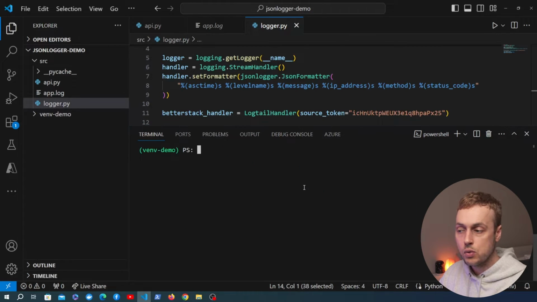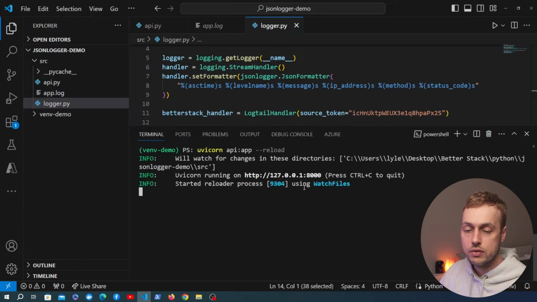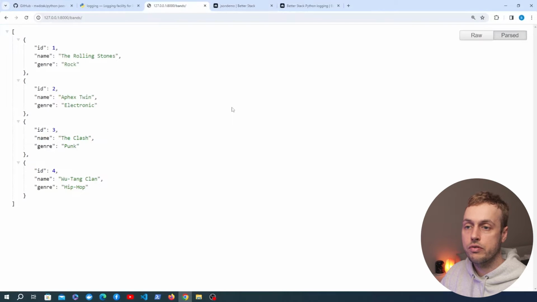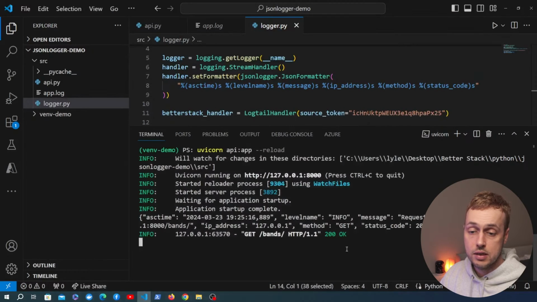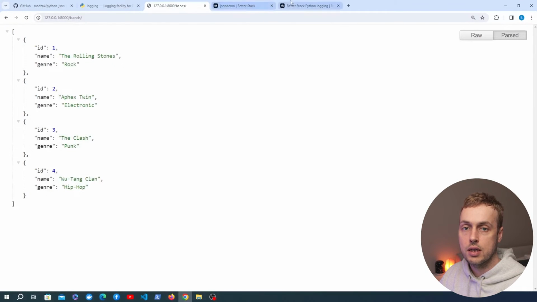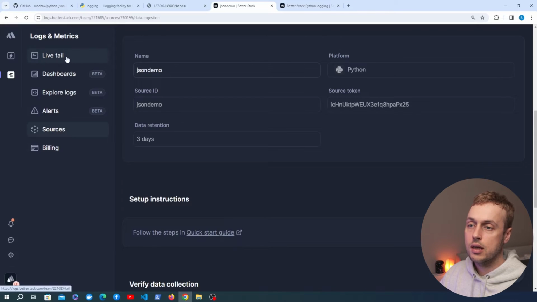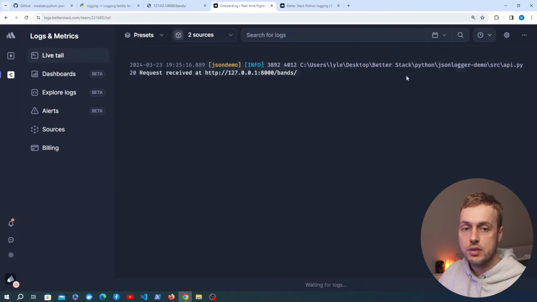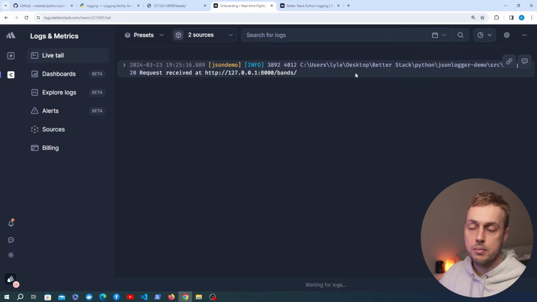So let's clear the terminal, and I'm going to rerun the HTTP server. And if we go back to the page here and refresh the API that we have and go back to the terminal, we can still see that we have the output from the stream handler here. But if we go back to the browser and go to our BetterStack platform, within this source we can click live tail, and we're going to see the live tail that contains all of the logs that are being shipped